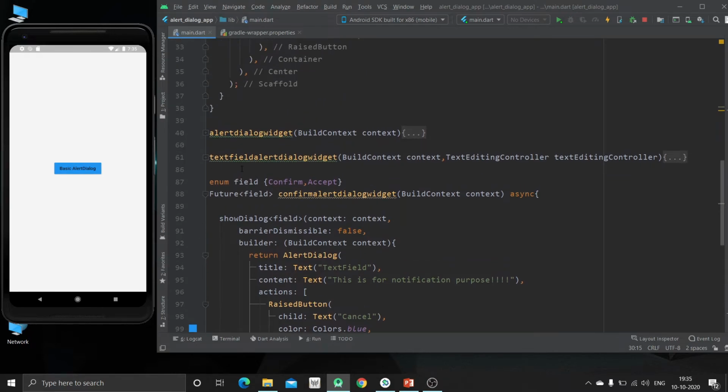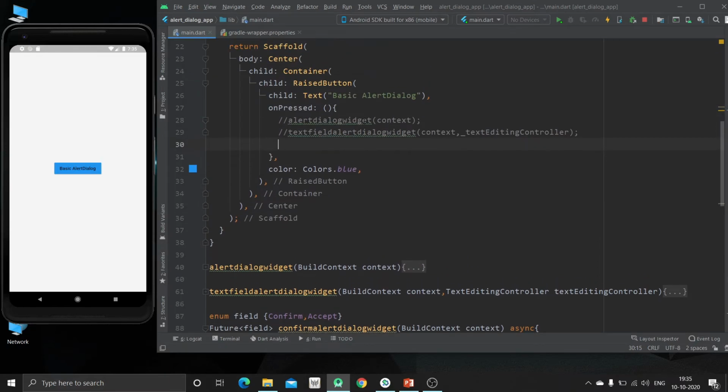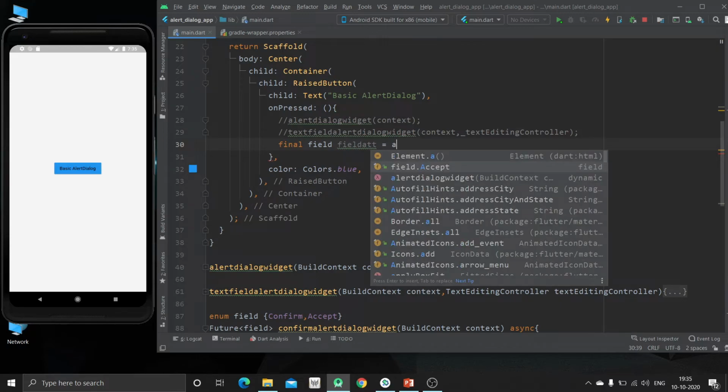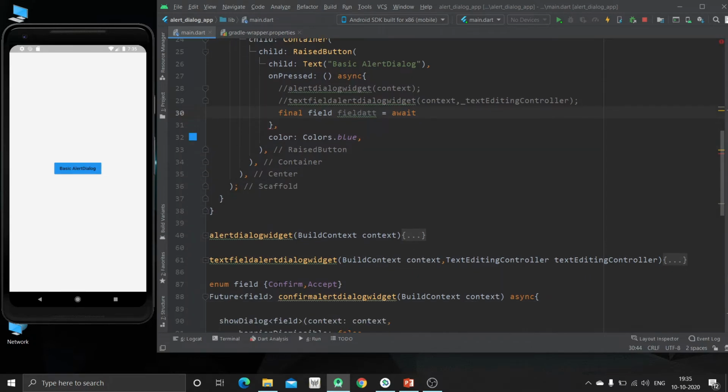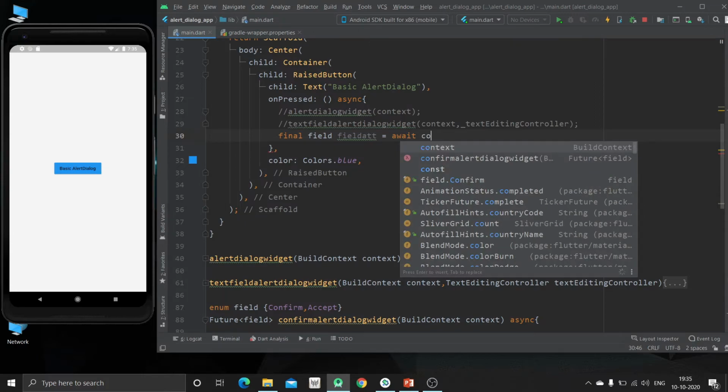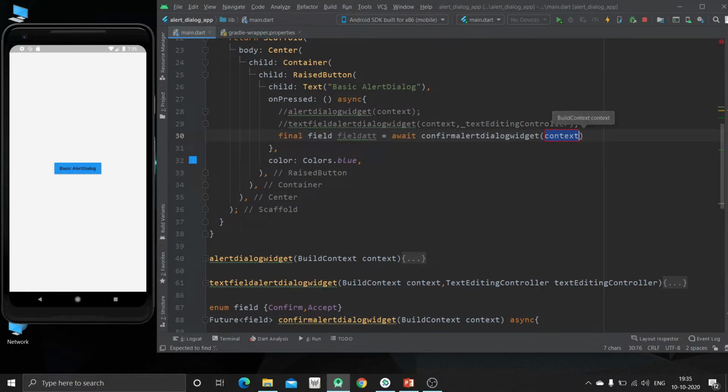Now we are going to first create one object of this field, with the accept attribute. Now we have to specify this onPressed as asynchronous, as we are going to have the data in future. So now we have to use this confirm alert dialog widget. Now it's done.